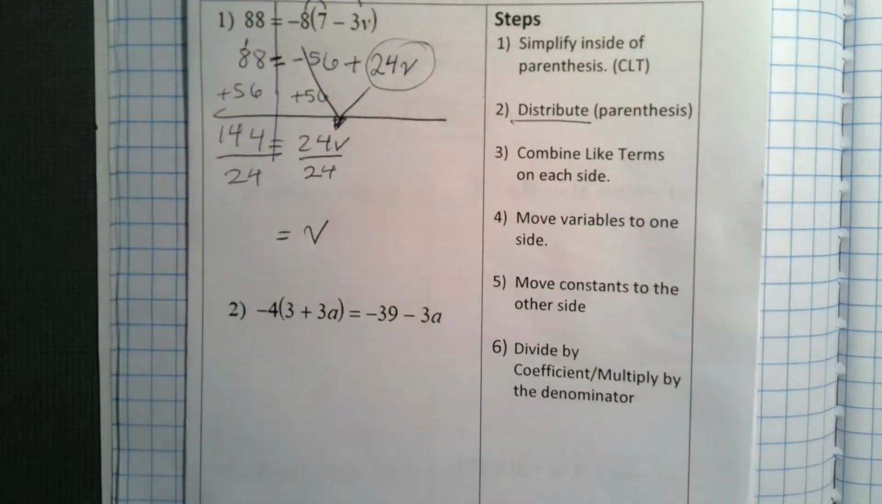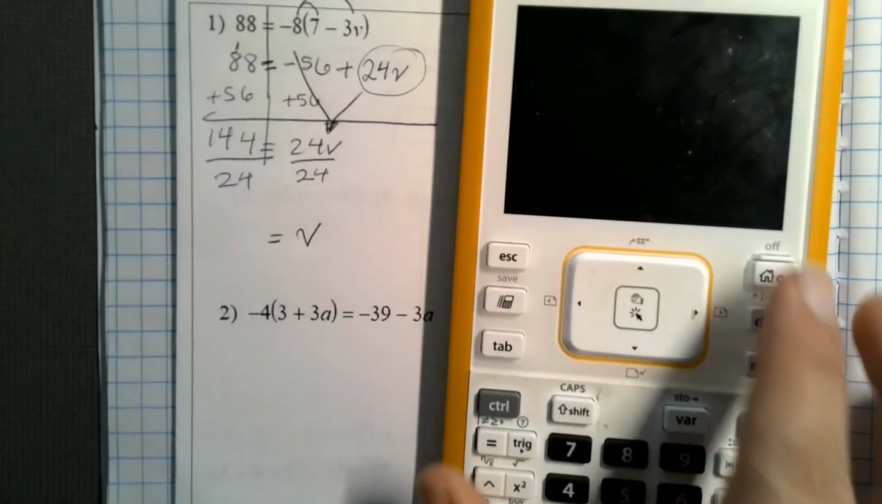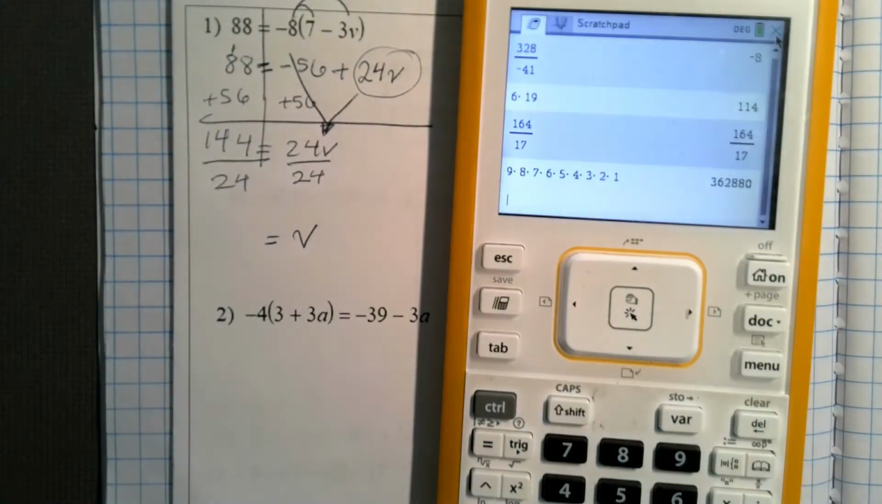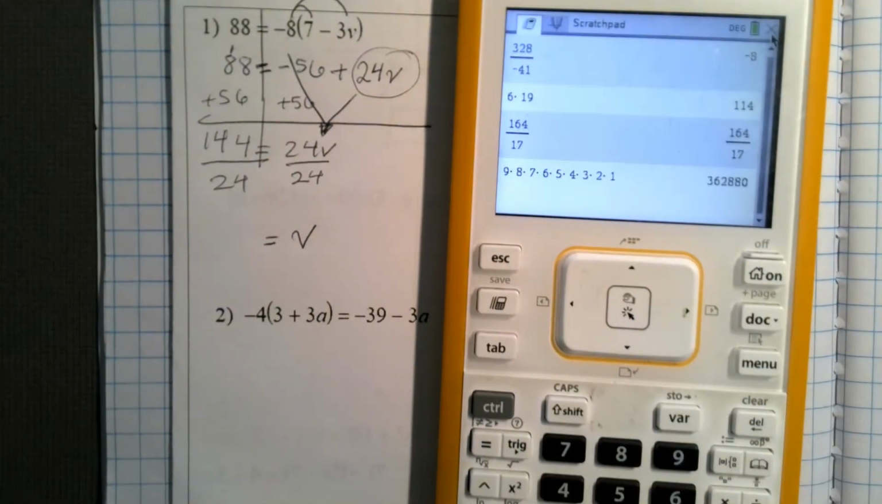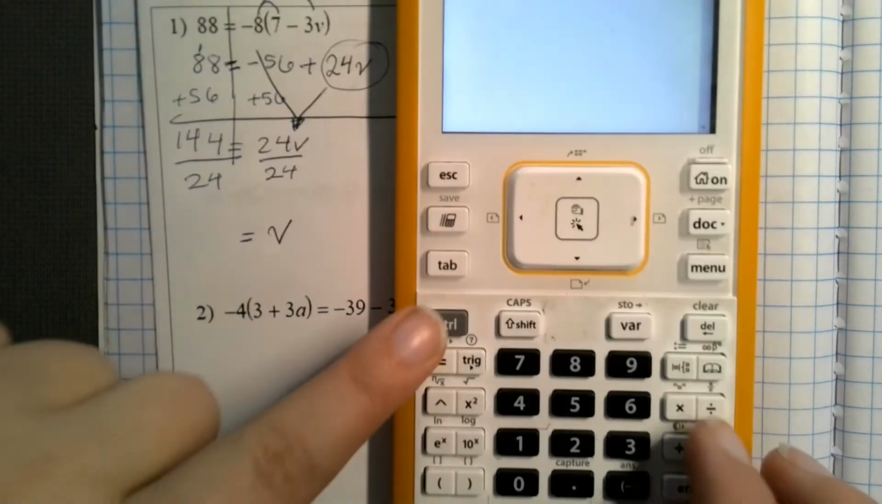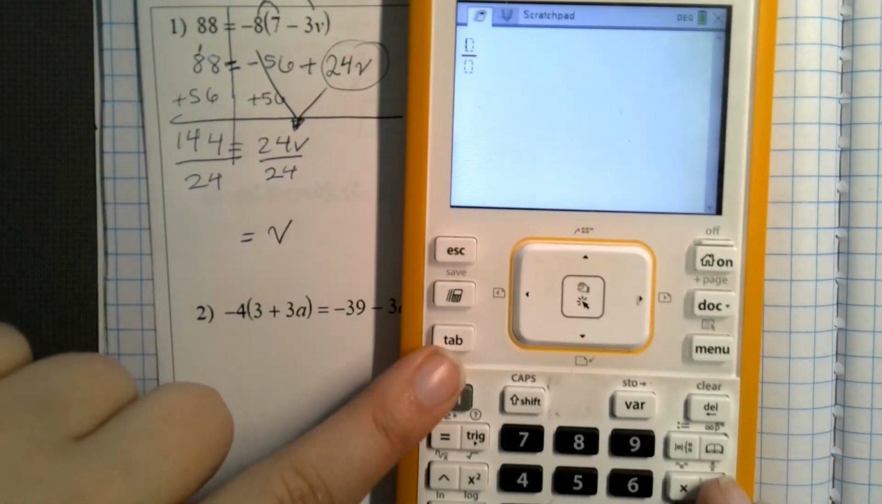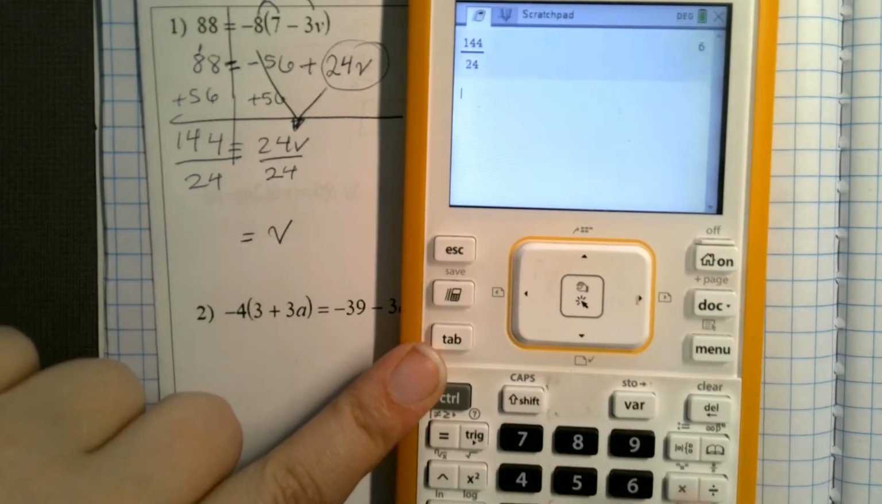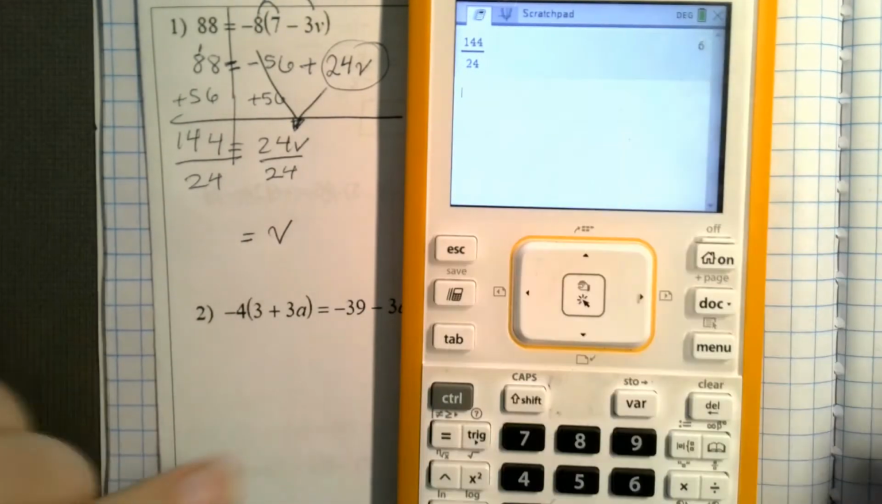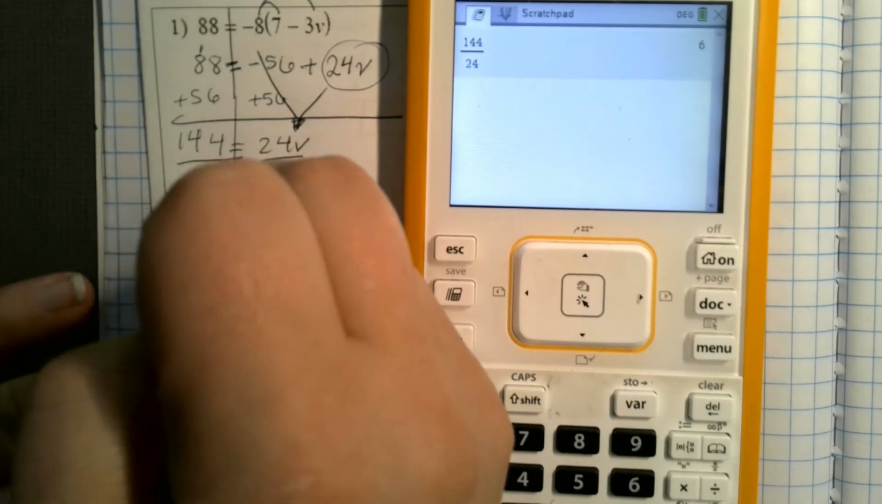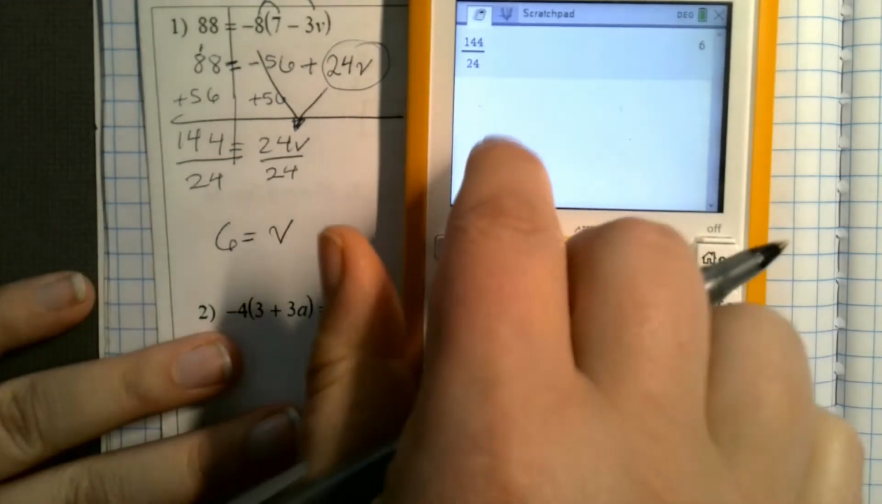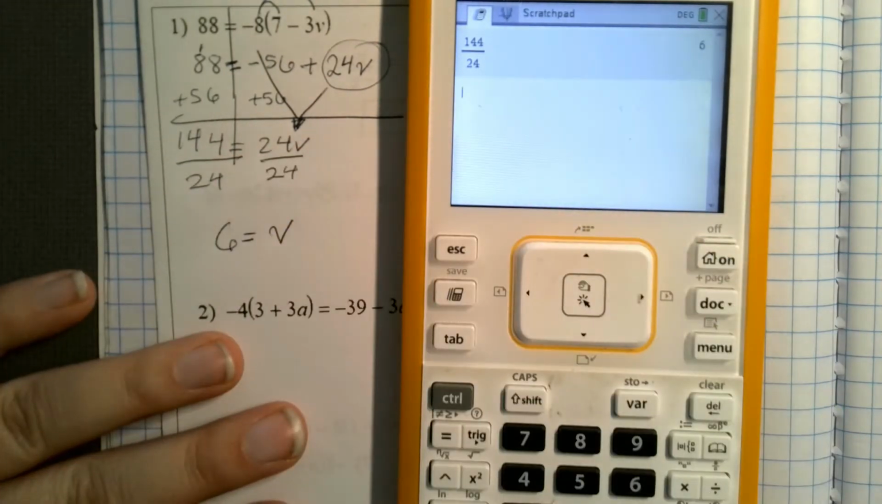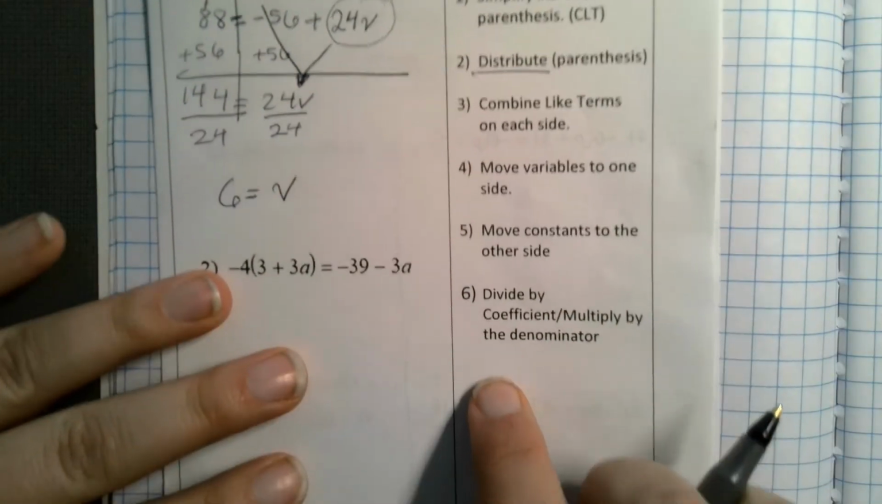Do you guys know how to do that in the calculator? You're just going to press Control Divide to get that fraction, and then you can do 144 over 24, and it gives you 6. Do you guys know how to check your work in here? Do you remember how to do end solve? Yeah, so make a little note for yourself. You can check